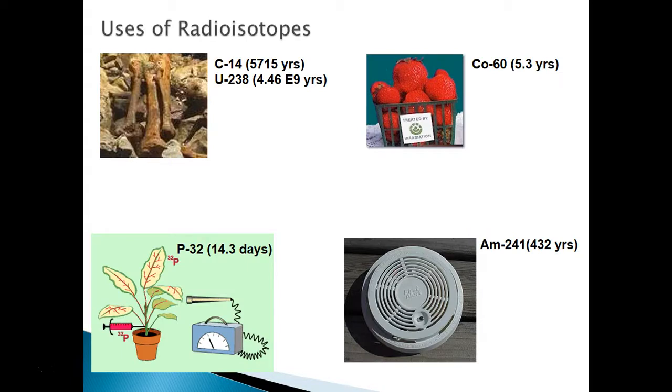Okay, so some uses of radioisotopes. Make sure you know at least one radioisotope and its use. So carbon-14 and uranium-238 are used for radiometric dating, or radiocarbon dating specifically if we're talking about carbon-14. Now, the way that works is we know how quickly a radioisotope will decay into a new element. So for carbon-14